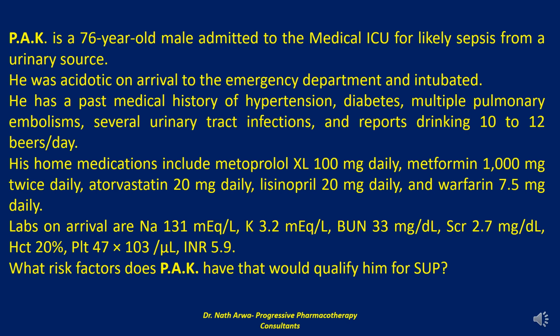Several risk factors have been identified to help determine who should get stress ulcer prophylaxis. Cook et al. investigated 2,252 ICU patients and found that there were two major risk factors for clinically important GI bleeding. 1. Mechanical ventilation for more than 48 hours, odds ratio 15.6, and 2. Coagulopathy, odds ratio 4.3, defined as a platelet count of less than 50,000 or a partial thromboplastin time of greater than 2